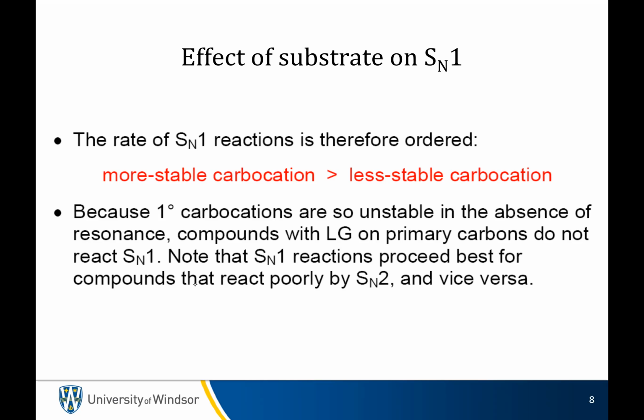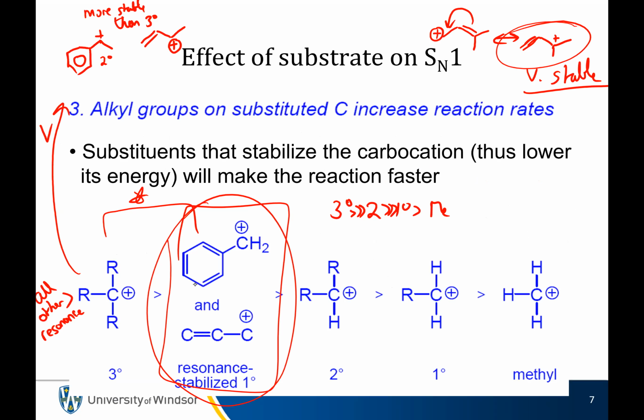Emmanuel asked a really good question, which is: on this slide at the top, even if the leaving group was on a primary carbon, would the nucleophile be added to the tertiary one? Yes, and we're going to do that example. Let's say you had a bromine on this carbon. The nucleophile would add to the tertiary center because you make that intermediate. The bromine leaves to infinity, you make the carbocation, and the carbocation sits at the tertiary spot.